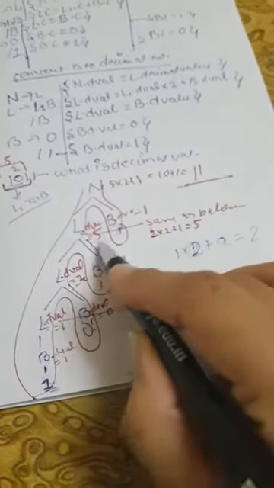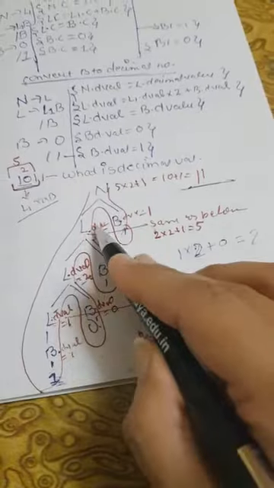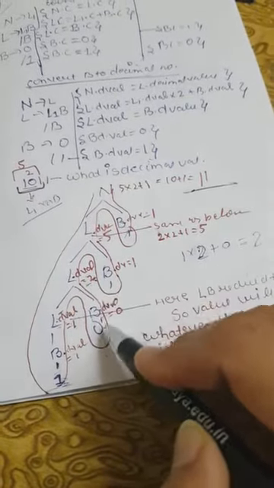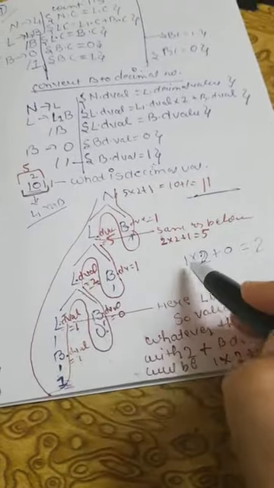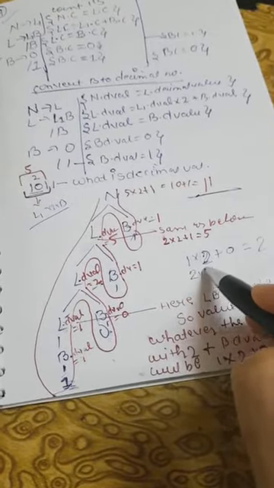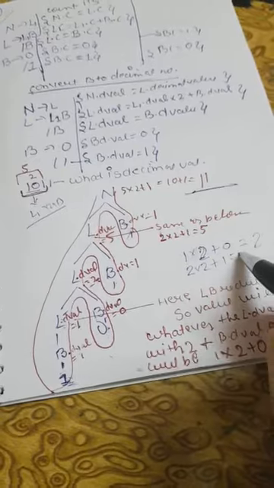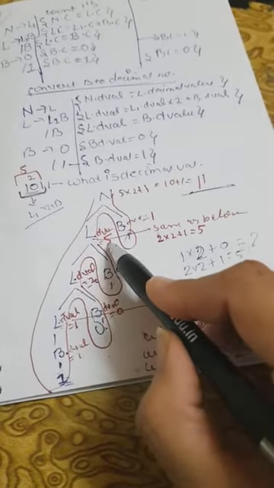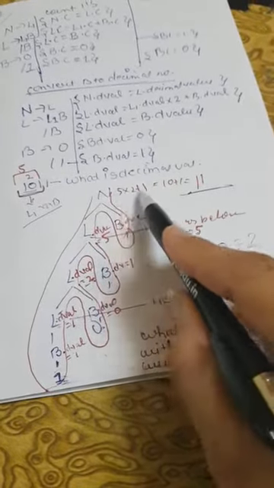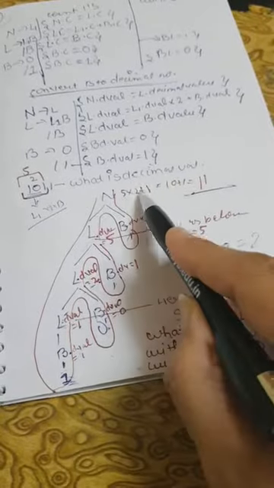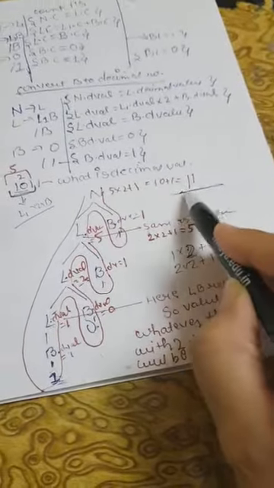So we'll assign this answer 2 here as the decimal value. Clear? Now again the same rule, we do the same way we have done here. For this, 2 into 2, and plus here the bit's value is 1, so it will be 5. So we'll assign 5 here. Now for the final we'll do the same, that is 5 into 2 plus 1 is 11.